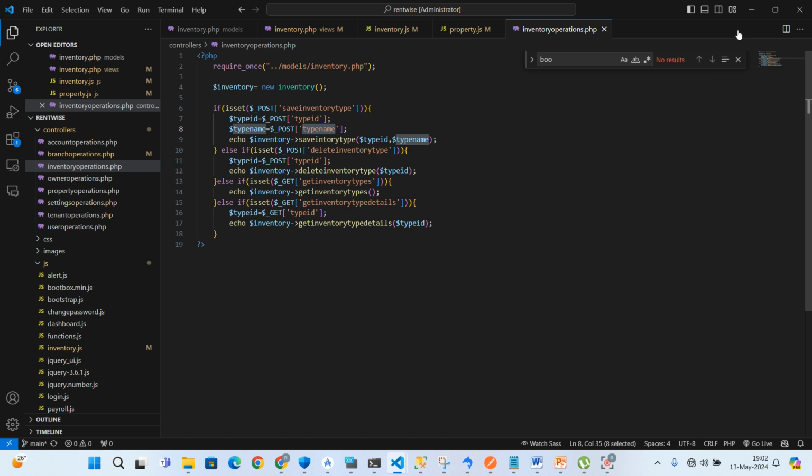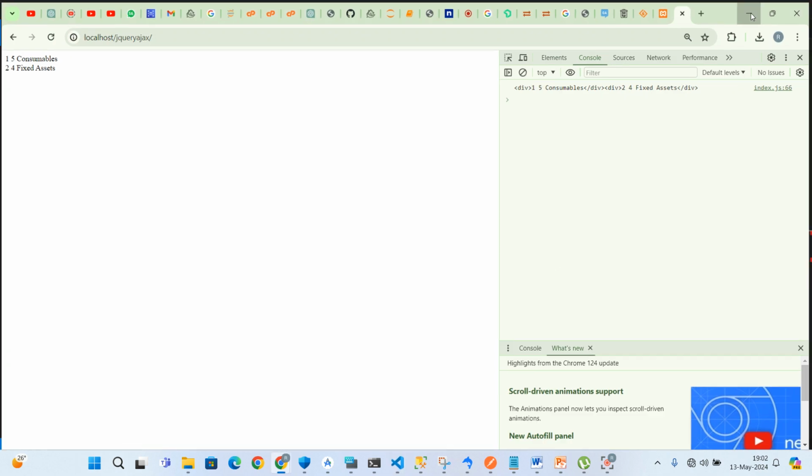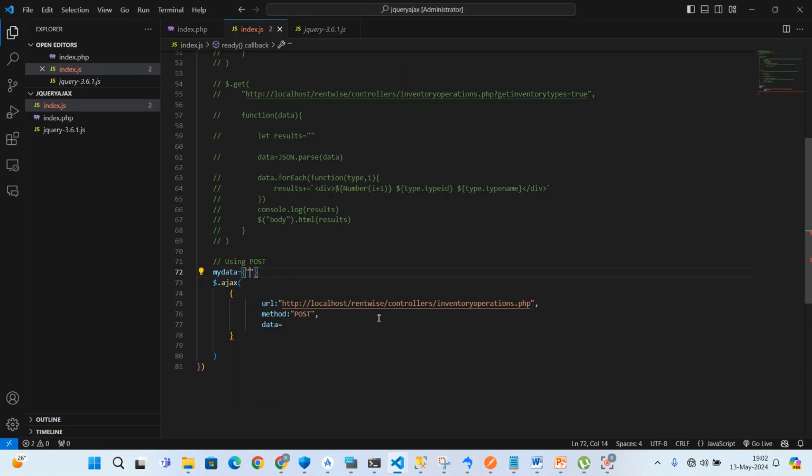I'll have operation set to true. Then I'll have type ID, which I'll set to 0 because 0 means I'm adding a new one. And I'll have type name set to, this is testing Ajax API. So this is the object, the data that we need to send over to the server